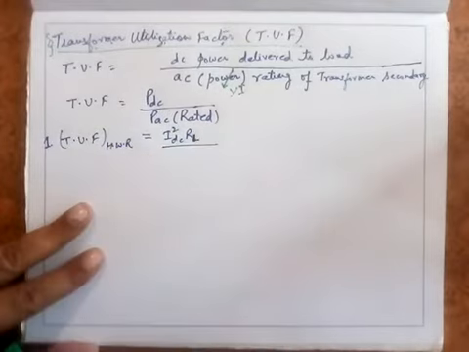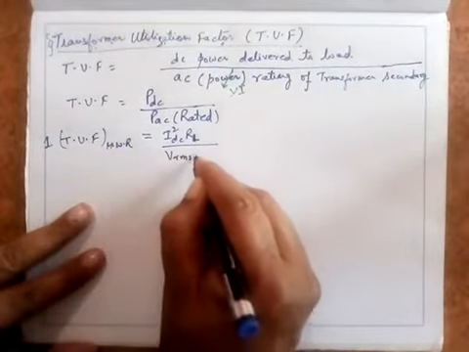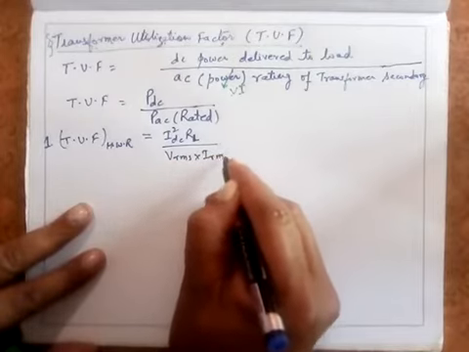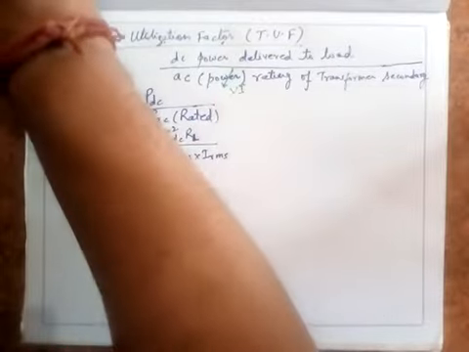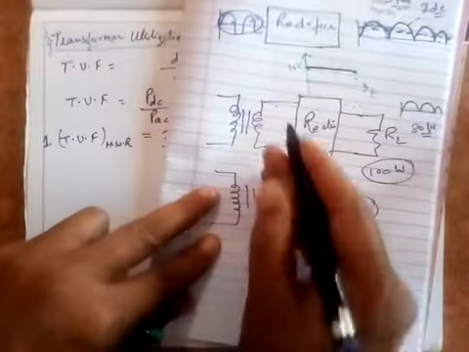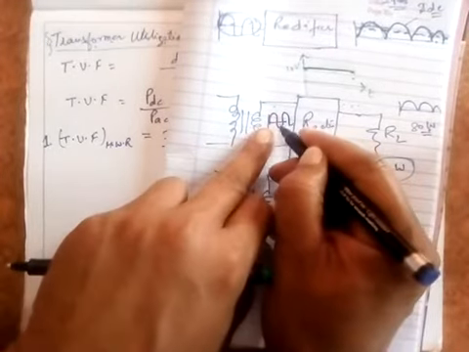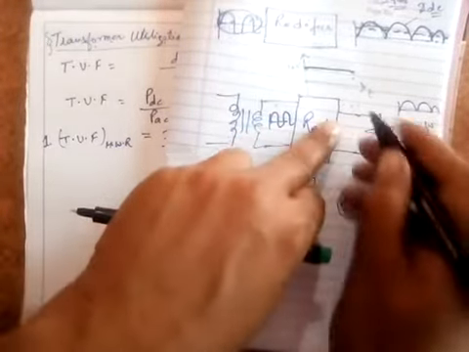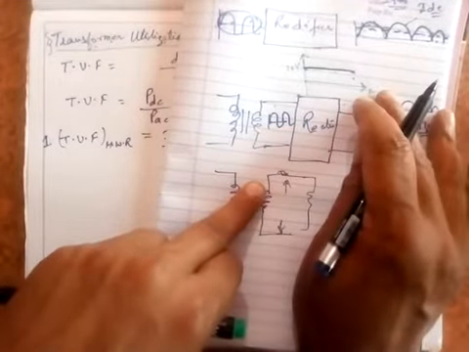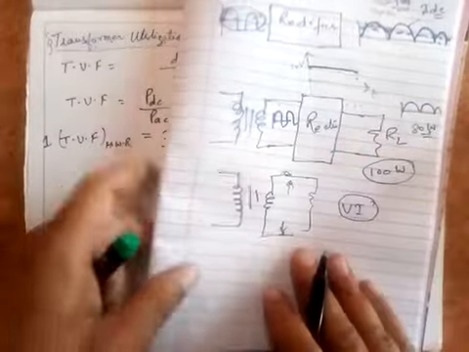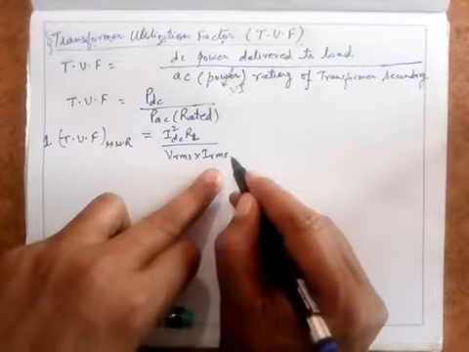And PAC is VRMS into IRMS. Now this VRMS we always take for the input which is supplied here. The RMS value of this is, of course, Vm by root 2. And for IRMS, of course, I am applying an ammeter in series, so you will have a DC here. So whatever is the output current, the RMS value of the output current. So IDC square into RL upon VRMS into IRMS.